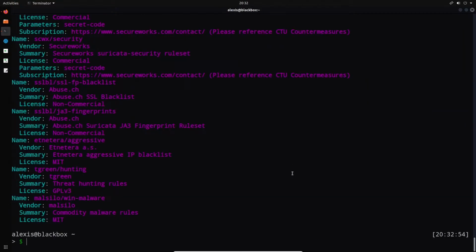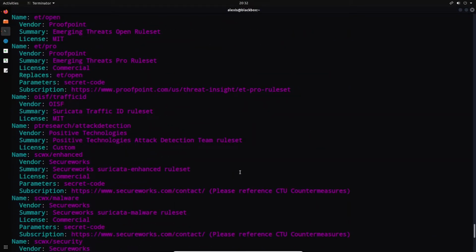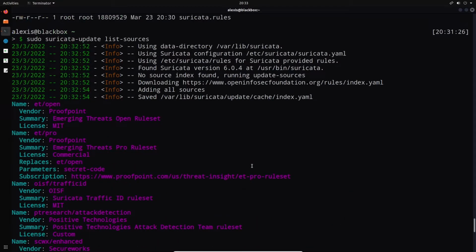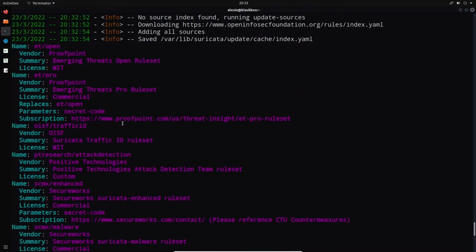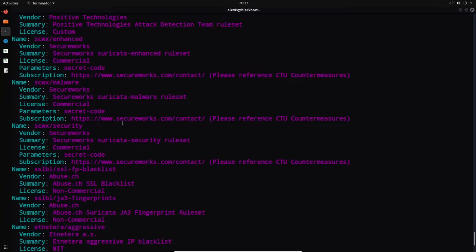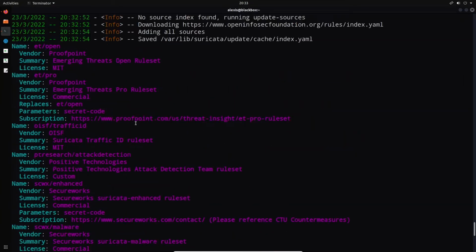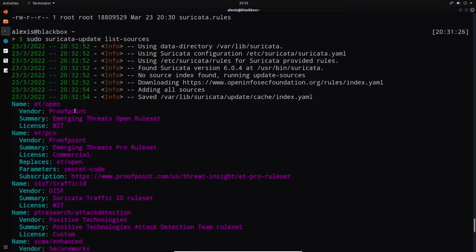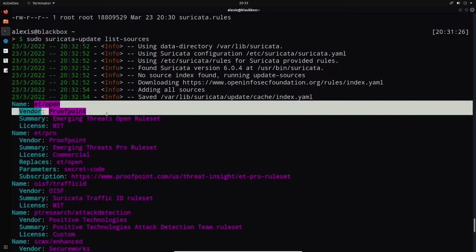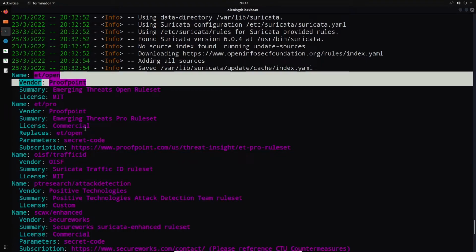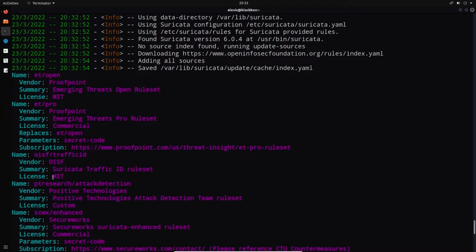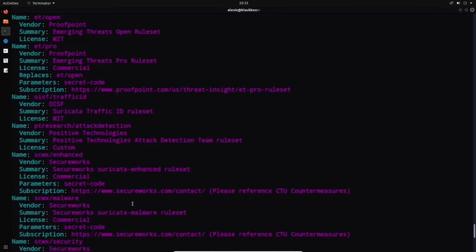So it's going to download the index of sources. So these are all the sources that will give you various types of rule sets based on your own requirements. So the one that we were using was, I believe, let's see, where was this one from? Let's see if it was actually added, or it's using the default one. Yeah, so the default one is not here because it's already added. So these are the other ones available. So we have one from ET Open, that's from Proofpoint, and of course, some of these will require a subscription. So you can see the license is commercial in this case. If it is MIT or open source, then you can essentially pull them without any issues,